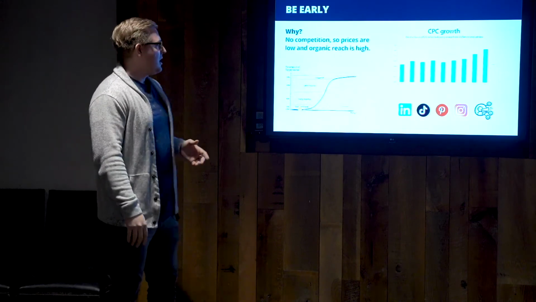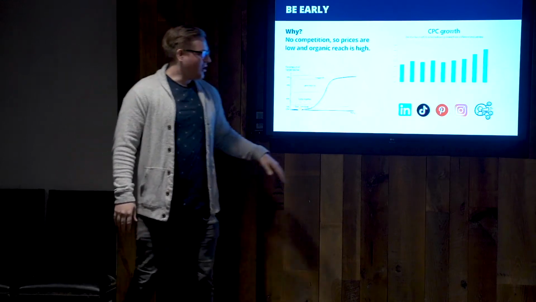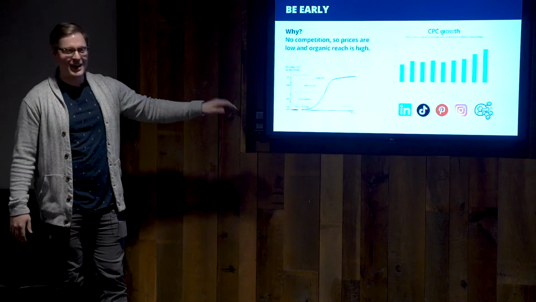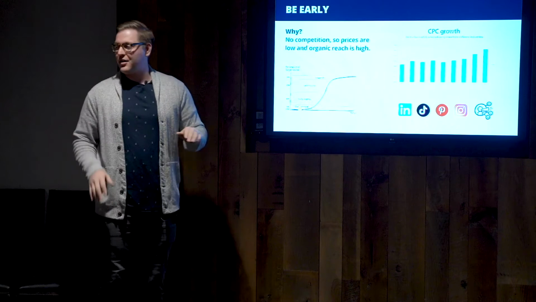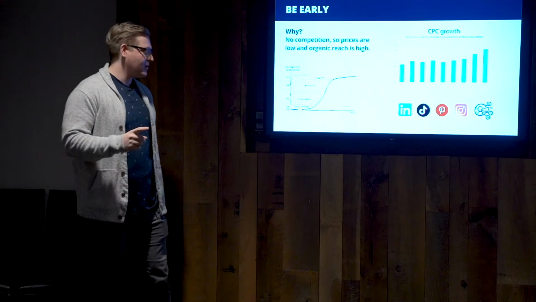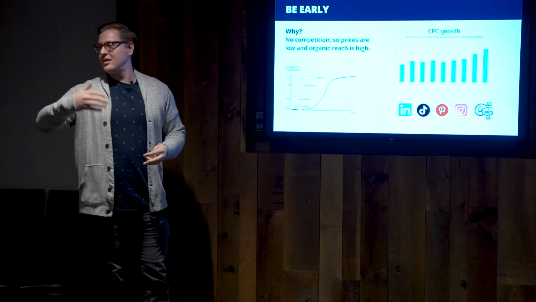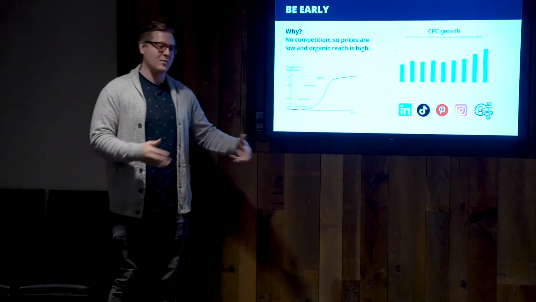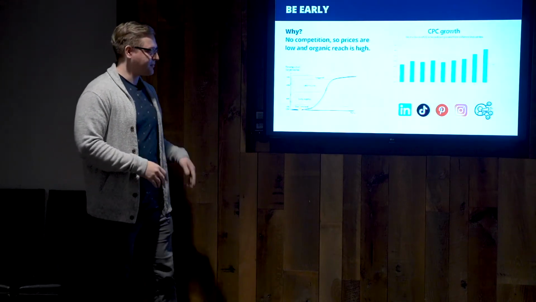All right. So then, what's working now in 2020? All right. So the first example I have is actually not a great example because it's a really mature platform already, which is LinkedIn. However, for whatever reason, the organic reach on LinkedIn is incredibly high right now. Really, really high. You can have one post, and if you have 400 connections on LinkedIn, you can have 800, 1,200 people see it, depending on the engagement and how good the post is, versus something on other platforms like a Facebook or an Instagram, you're not going to be able to get that reach on the regular.